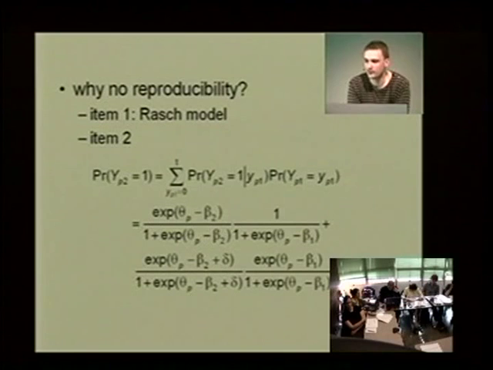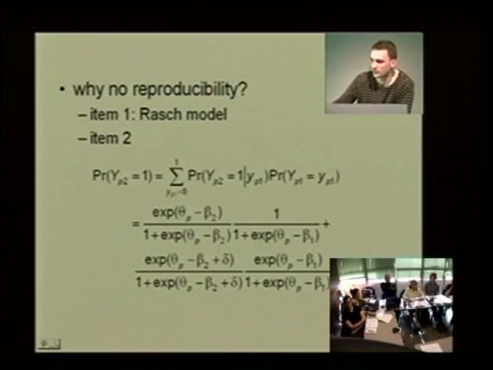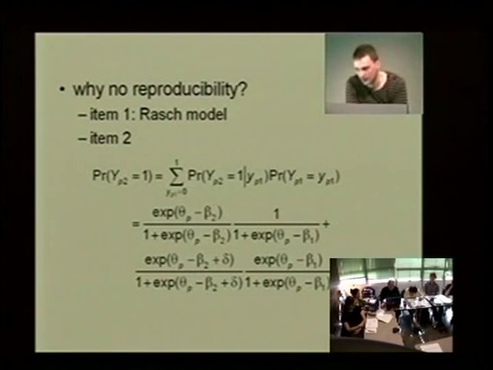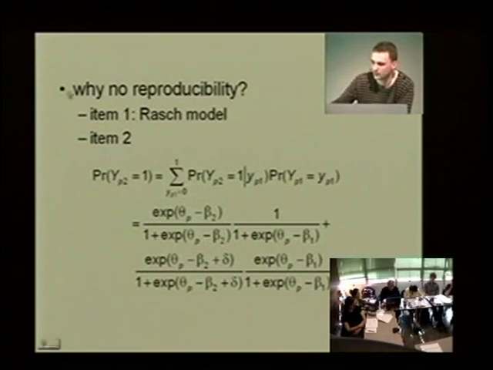For the second item, however, if you compute the marginal probability of responding correct to this second item, you have to apply the law of total probability, because we only defined the conditional probability of a response to that second item, so conditional on the response to the first item. So we have to multiply the conditional probabilities by the marginal probabilities of a response to item 1, and then sum all possible outcomes for that item 1,